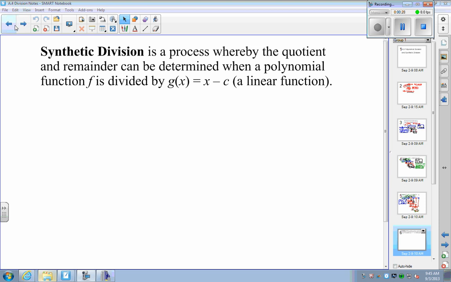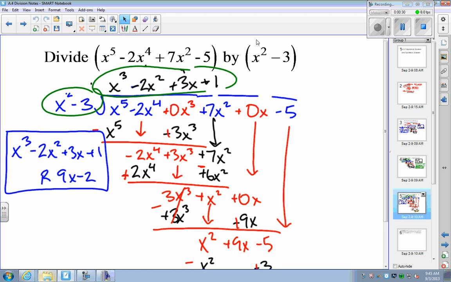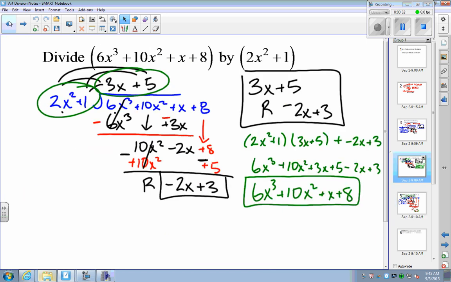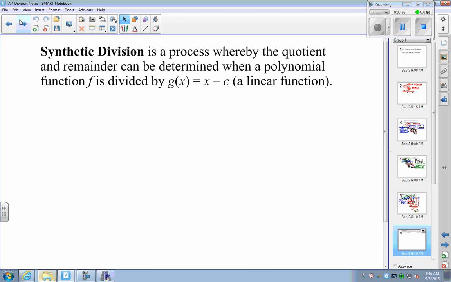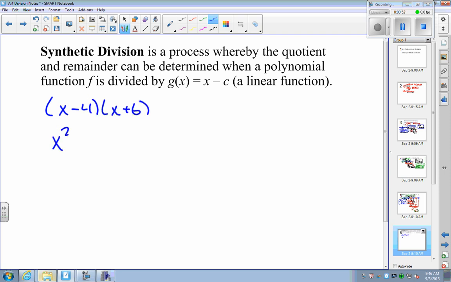So synthetic division will not work for this problem or for this problem. Okay, you have to do long division. It has to be a linear. Now, the whole idea behind this is, what if you take two linear things? So let's say x minus 4 and then x plus 6. You double distribute these,